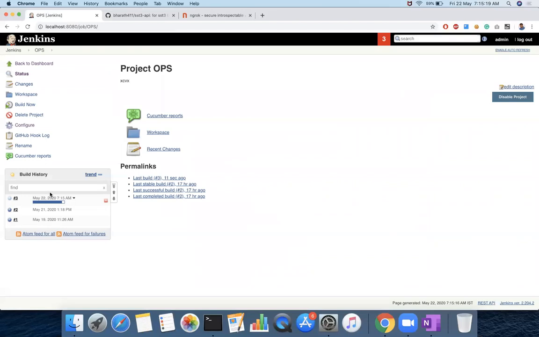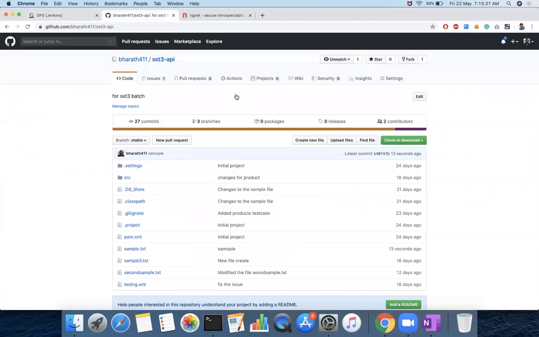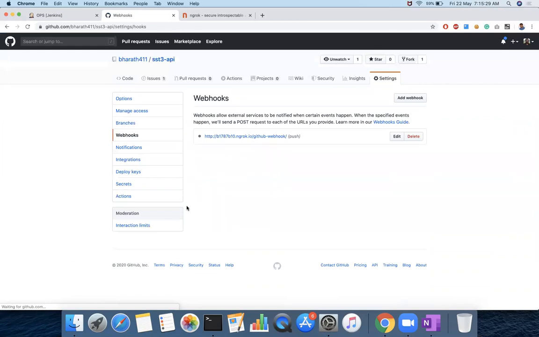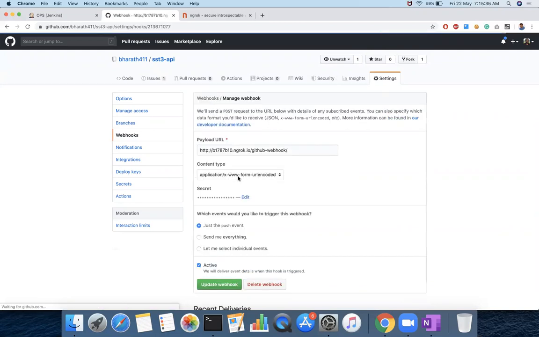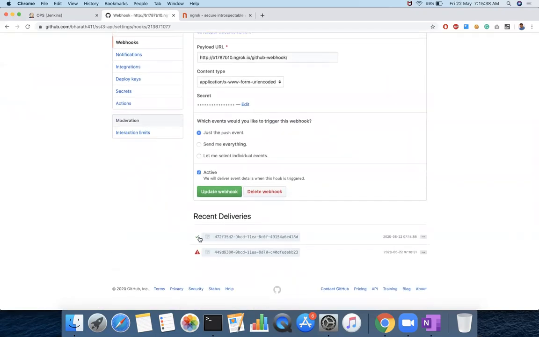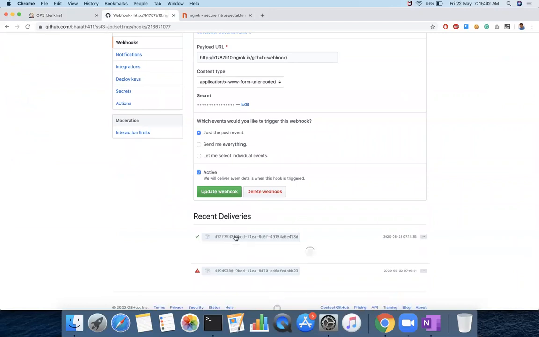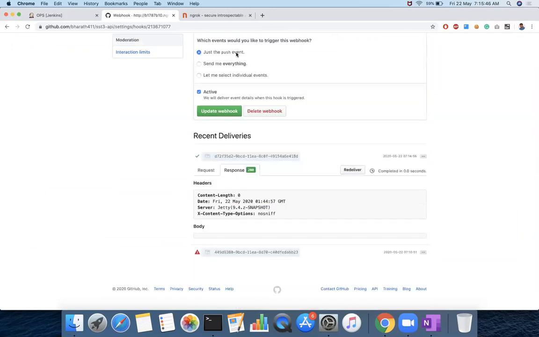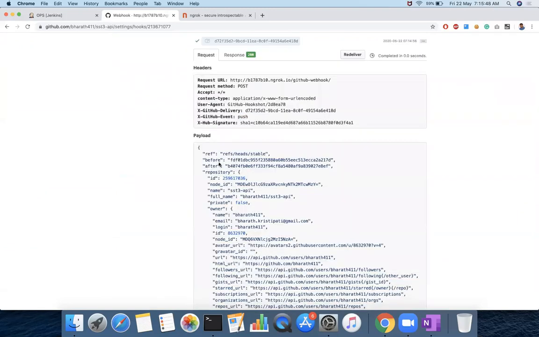It's automatically triggered. Now you can go to the webhook and see the events also. I'll show you those events. Come to the webhook, and there is this green tick mark, which means it's working fine. You can see here in recent deliveries one delivery has been made. Once the delivery is made you can see the request and the payload, and then you get the response, all the things.